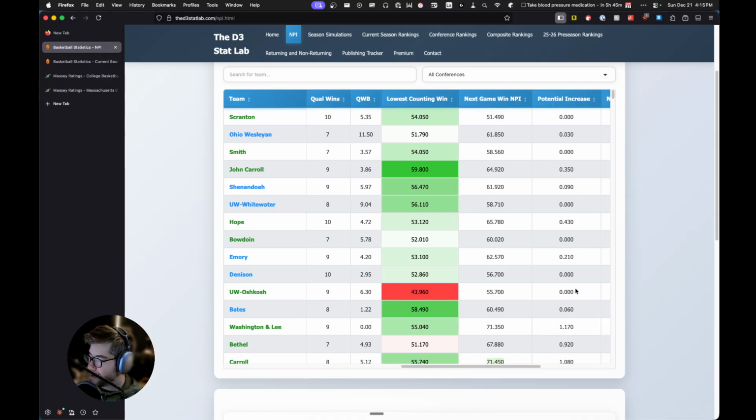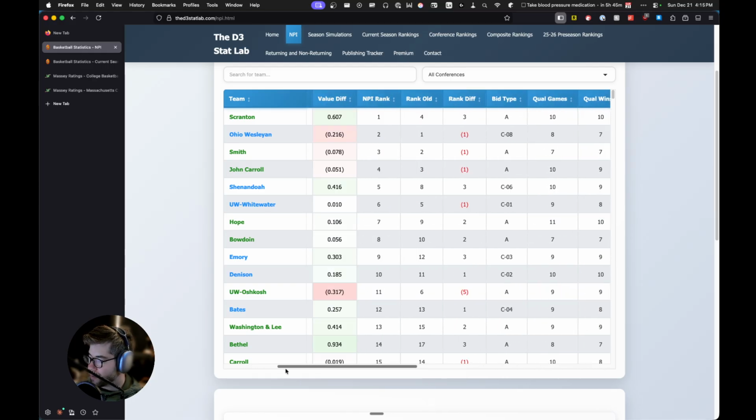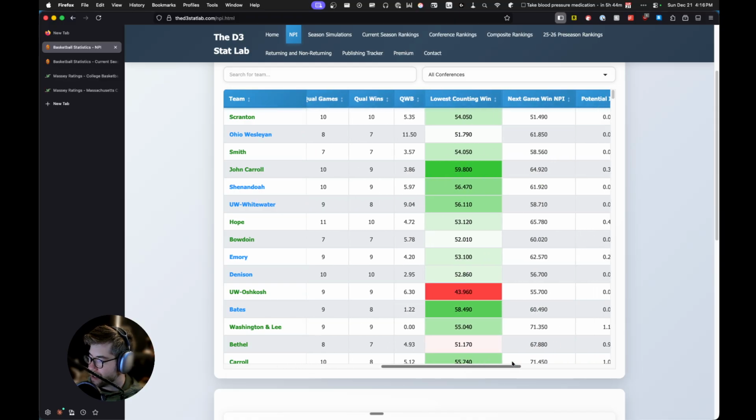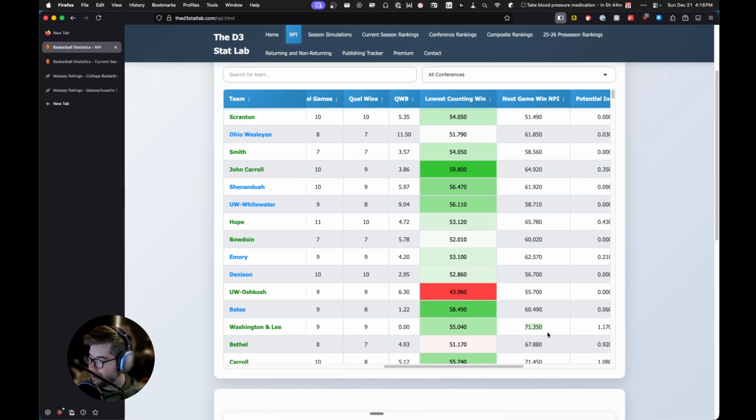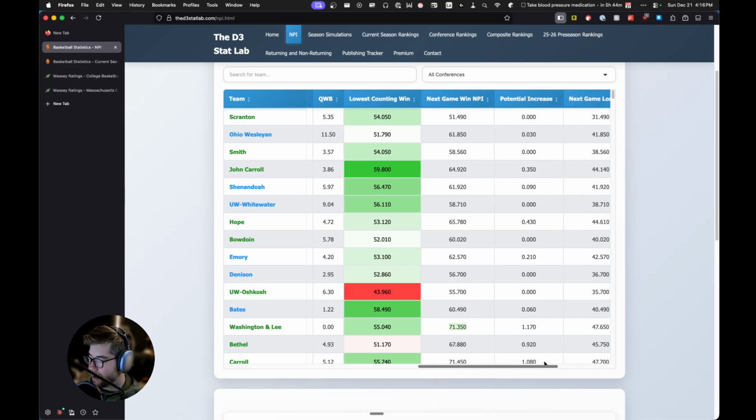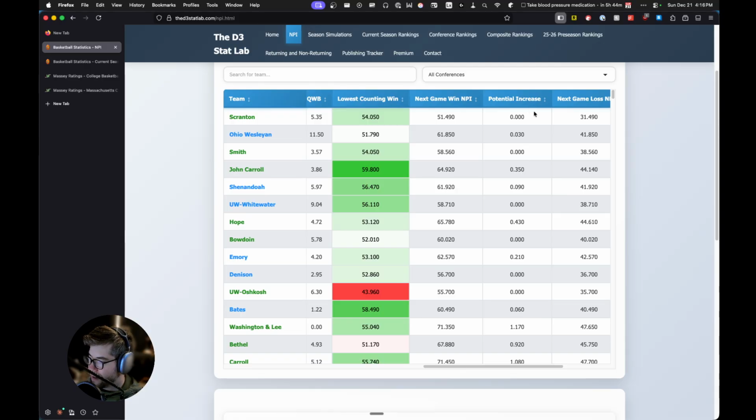And then this is the potential increase from that next win. So Washington and Lee will go up about 1.17. This is a really simple calculation. It's just doing that math that I did. 9 qualifying results times this plus if they get that win, divided by the new number of qualifying results, will be this increase. There will be other changes to the number, but this, again, is a quick and dirty idea of how you will increase. And then I just said if it would bring it down, I capped this on the downside at 0. But in reality, take Scranton,